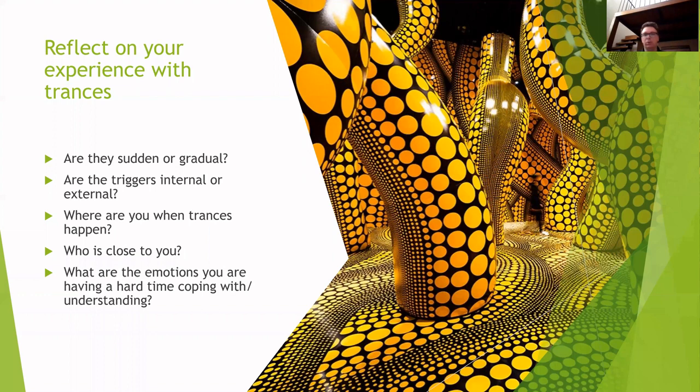Internal triggers can be ruminations, or rather the thoughts that keep repeating in our minds. When people say that they tend to pick very intensely when they're bored, for example, to me, that's a cue that we should be looking for internal triggers. Because boredom essentially means that there's nothing outside or inside that you would direct your focus to. And if there's nothing that you want to focus on, that likely means that you're ruminating about something. And when you're ruminating about something, that's usually not anything good. So in these situations, when there's an absence of external events, where you should be looking for triggers is in your thoughts and in your emotions.